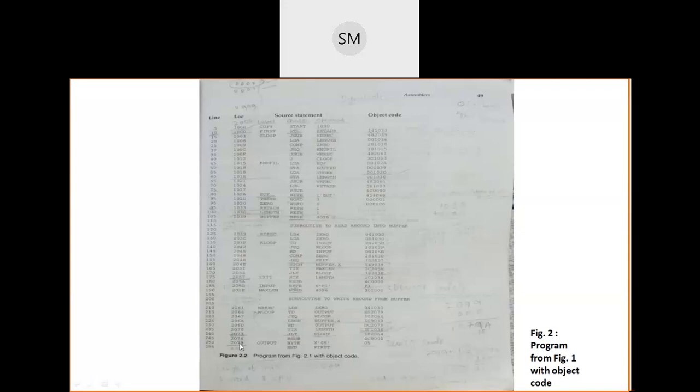Okay. Now I am going to tell you a very important point, that is how to generate this object code. So in your rough page, you draw and keep that diagram blank. What you have to draw? You have to draw the instruction format of SIC. First 8 bits for opcode, next 1 bit for flag bit X, then last 15 bits for address. So just one I show you here, and the remaining everything you practice today, and till evening you send me screenshots of your homework. You should generate all these object codes.